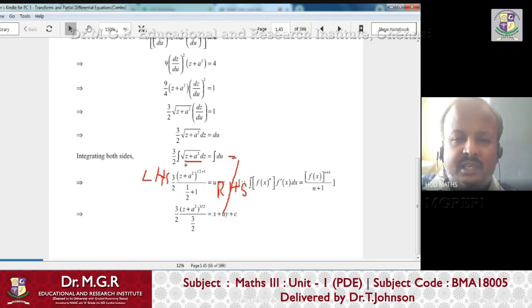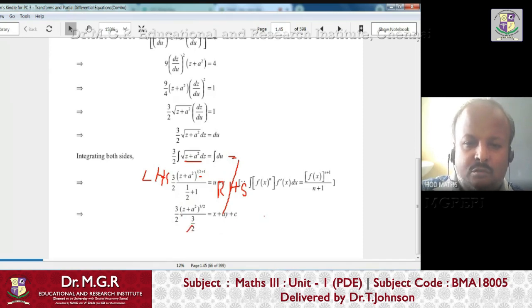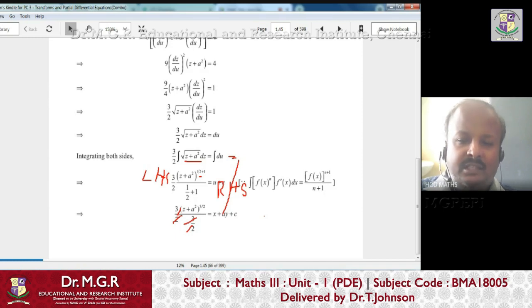Right? Now still it is in the polynomial form. Again we have to apply the same rule, that is the x power n rule. So square root of z plus a can be considered as power half. So this is n plus 1, that is half plus 1, divided by half plus 1. Then half plus 1 is nothing but 3 by 2. So this is also 3 by 2, and this is also 3 by 2. And here x plus ay plus c. Now you can further simplify: cancel this 2 and 2, and then you can cancel 3 and 3, right? And you can do further simplification.